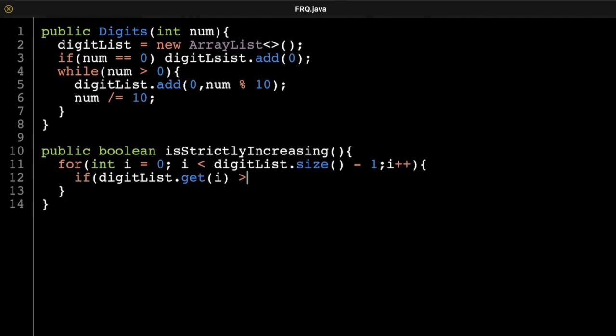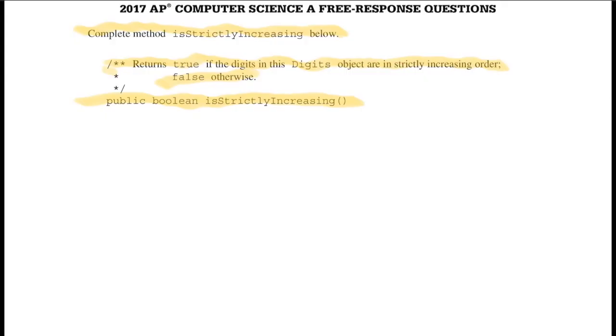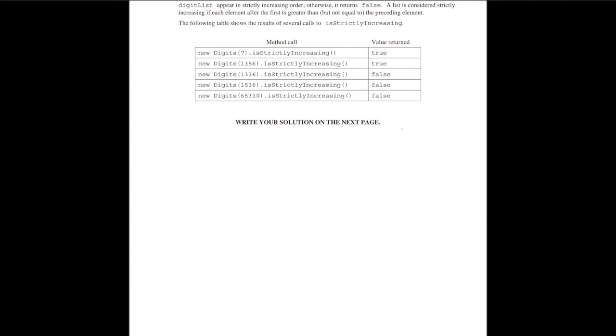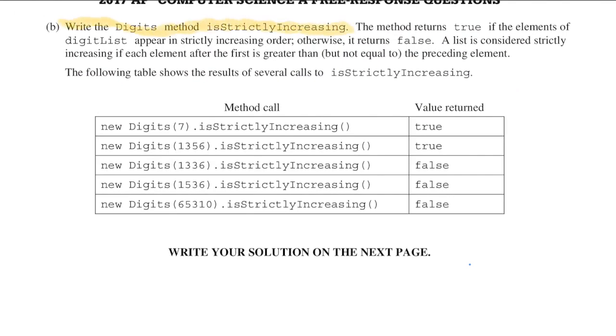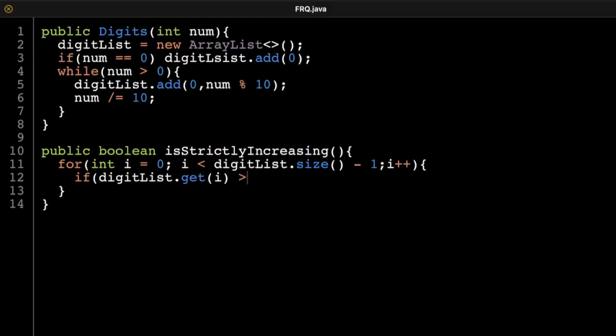is greater than, and I think that the equals case is fine. I guess I better check that. This is where you have to actually look at the page before. Right, the digits method is strictly increasing. The method returns true if the elements of the digit list appear in strictly increasing order, otherwise returns false. Yeah. A list is considered strictly increasing if each element after the first is greater than, but not equal to the preceding element. All right, that means I need to say if it's greater than or equal to